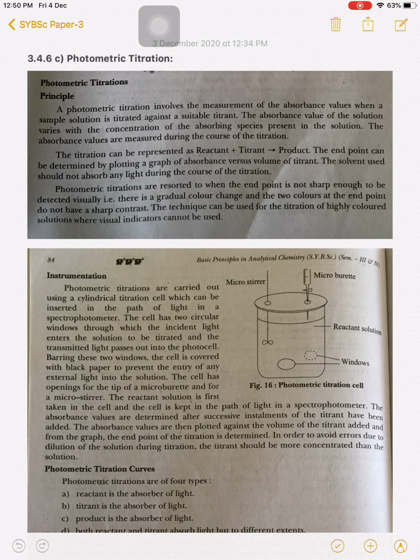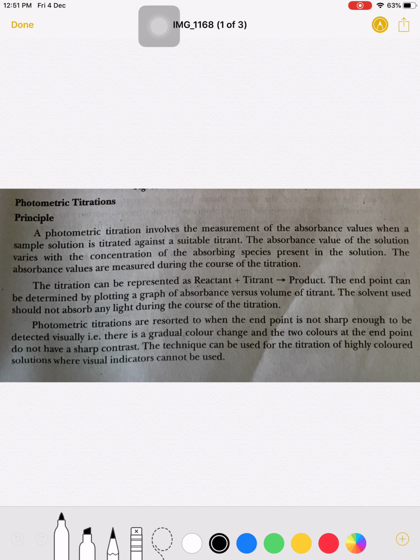Dear students, this is the last point of this topic, that is photometric titration. So now see here, what is the photometric titration? A photometric titration involves the measurement of the absorbance values. So in this titration, we are going to measure the absorbance value when a sample solution is titrated